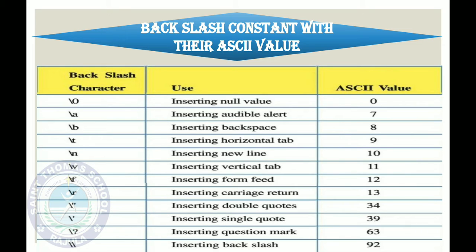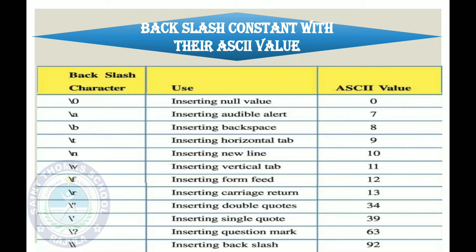/question mark, that is inserting a question mark, ASCII value is 63. And double slash, that is inserting a backslash. See, backslash is already assigned, or all these constants are known as backslash constants. But if you want to insert the backslash, then you also have to use it along with the backslash character. So if you want to display something with the backslash, how many backslashes do you have to use? That is 2. Okay, and the ASCII value of backslash is 92.